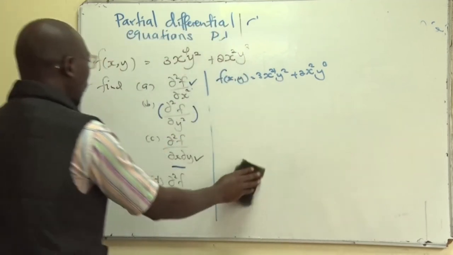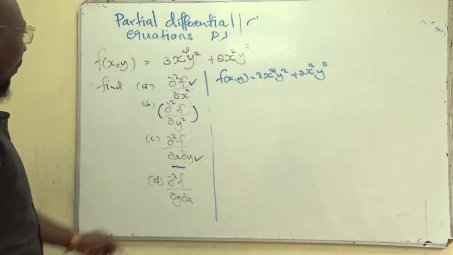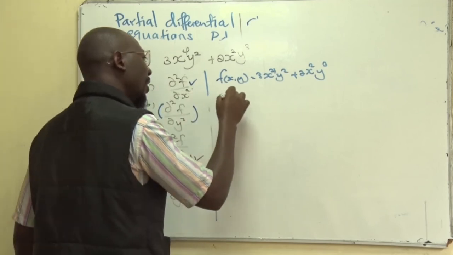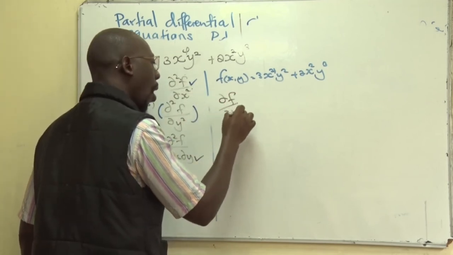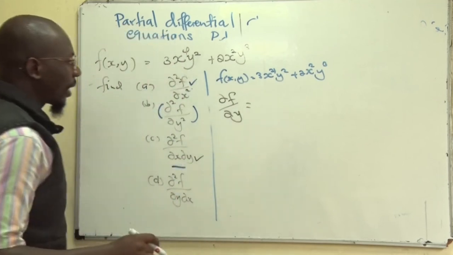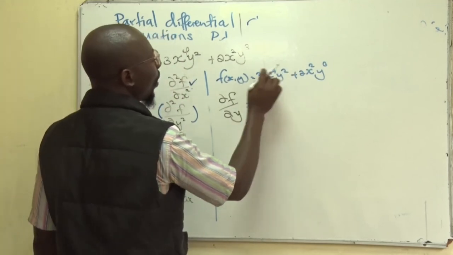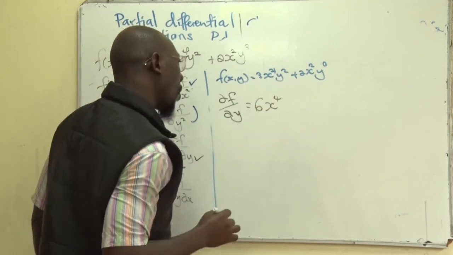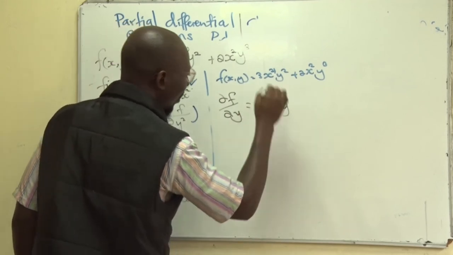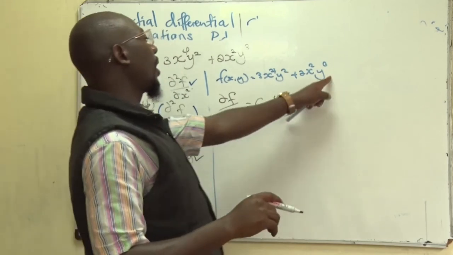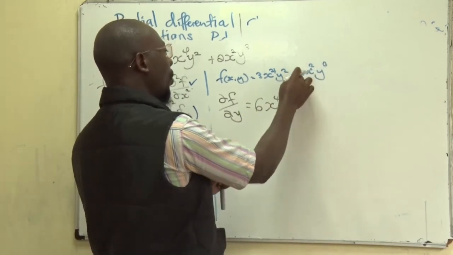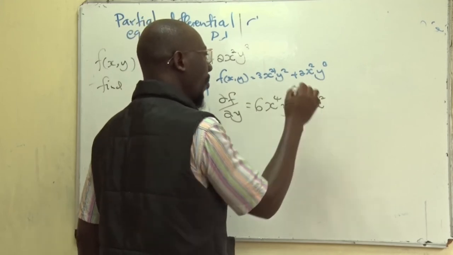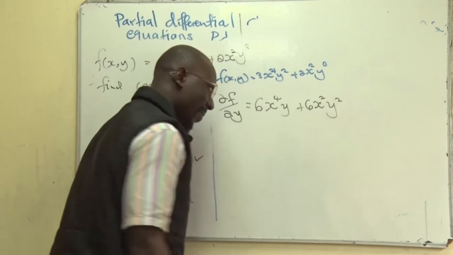We've seen that our f of x is given as this. So you differentiate the equation with respect to y. That is d f over dy. So here x is a constant. The power of y here is 2. You multiply by this one, it becomes 6. Then x is a constant, it is still 4. Then the y power reduces by 1. Here the power of y is 3. You multiply by 2, you get 6. Then x is a constant, it still remains, power of y reduces to 2.